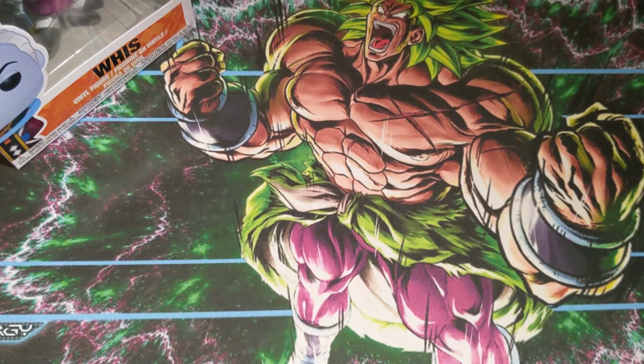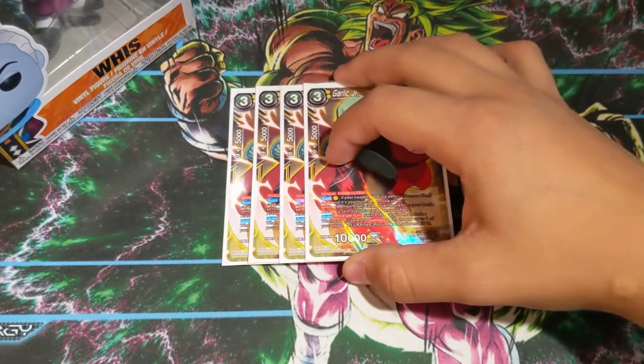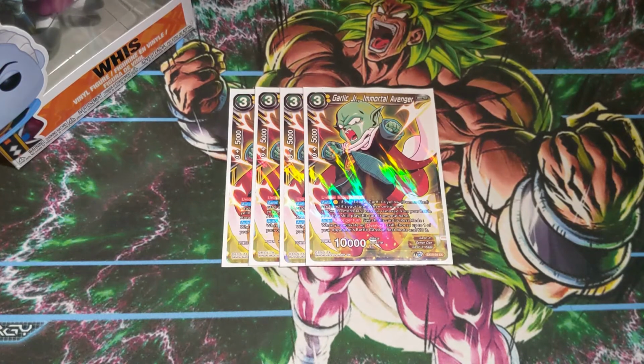Next, we're going to be taking a look at Garlic himself and the Unison that you play for this deck specifically. We're going to be playing the new guy that came out in the expansion set. Sorry, I can't speak today. Garlic Jr. Immortal Avenger. Alright, so he has Unique and Indestructible. Indestructible is a nice skill that was only given to Zamasu, but because he's technically immortal in the show,